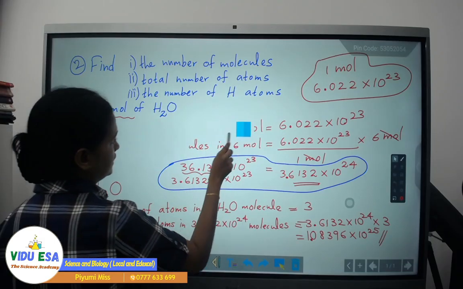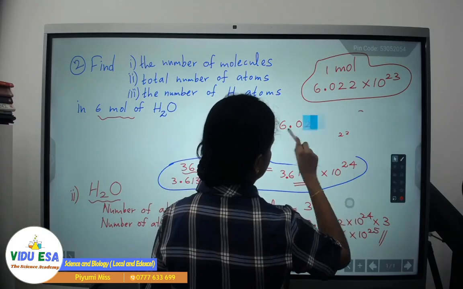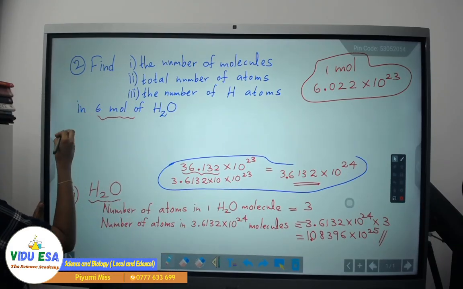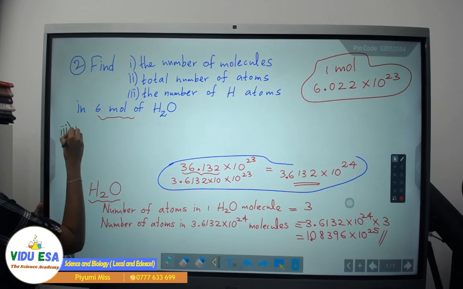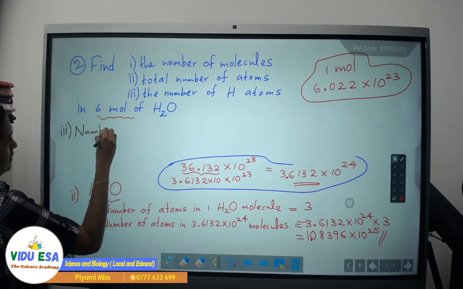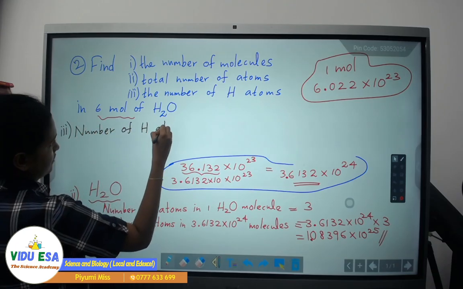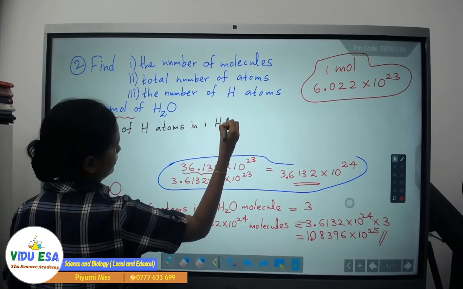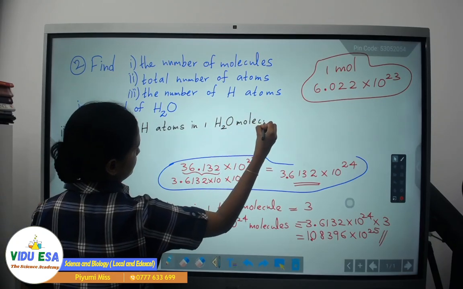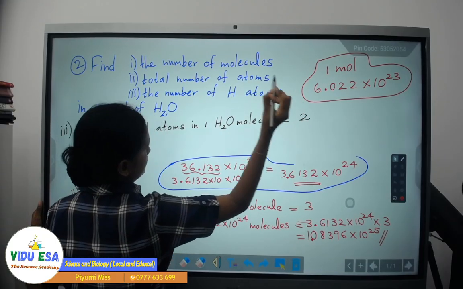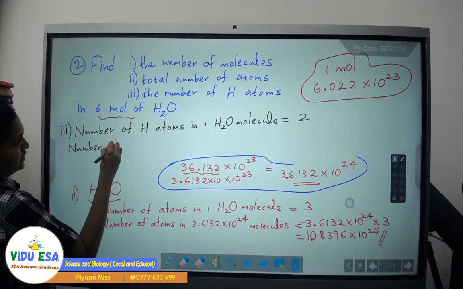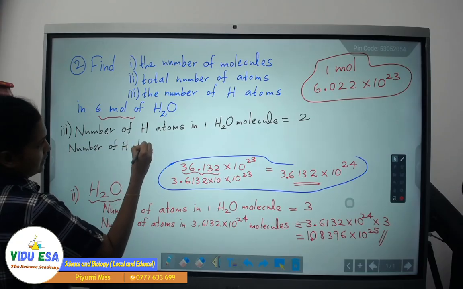So, I will write it here. Part 1, anyway, part 3. Number of hydrogen atoms in one water molecule. That is 2. Right? Therefore, the number of hydrogen atoms in